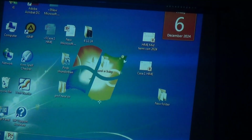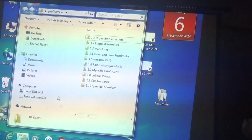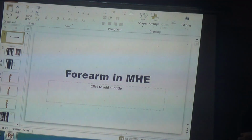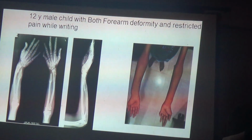In case of ulnar osteochondrosis, why will we start the treatment? If the radial head is still dislocated, what will we do? So at the time of diagnosis or after lengthening? After lengthening. So it is written in many journals that whenever you go for lengthening of the ulna